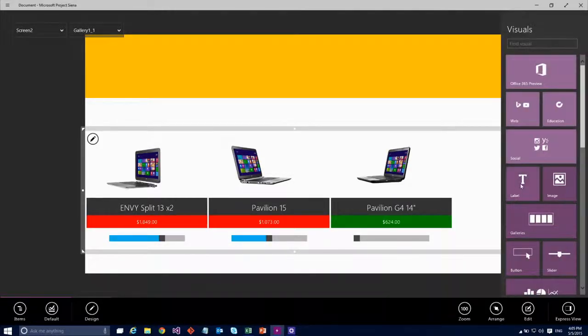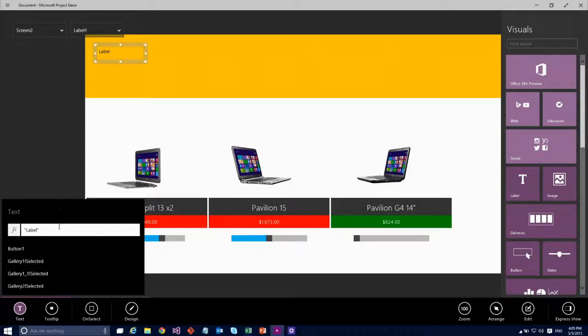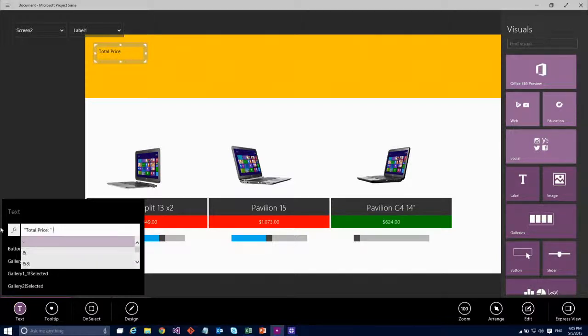And finally, I want to add a way to actually see what the total price of these things is going to be. So I'll add a label. And then using my Excel skills, I'll say, well, what I want to do is sum up over each machine. I want to multiply the price of that machine times the quantity, which I've represented with this slider.